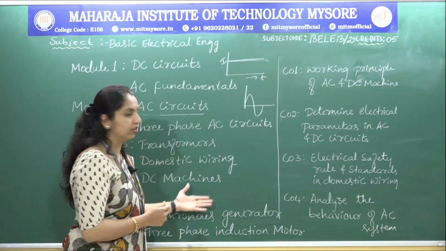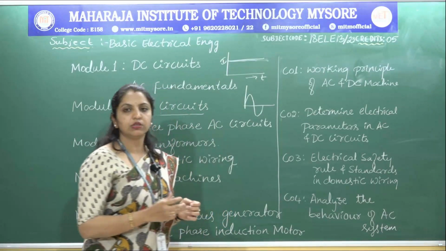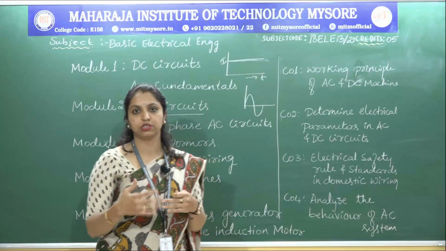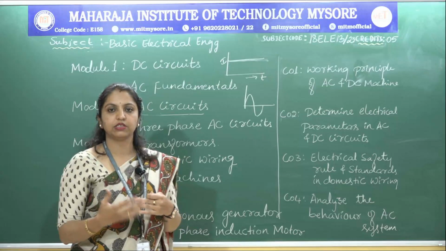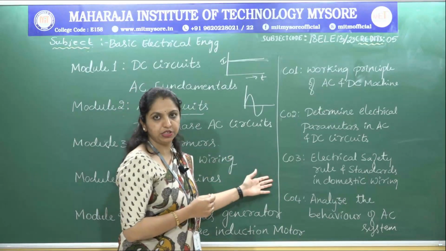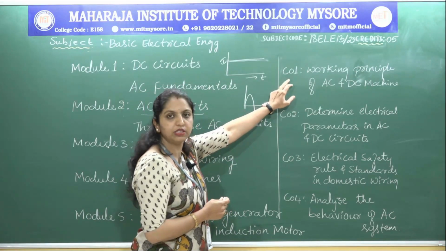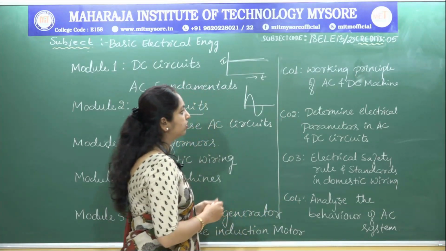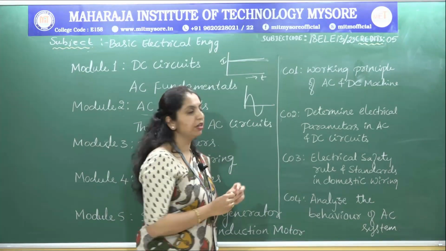With this content, we have course outcomes. Course outcome means after studying this subject, what students are going to learn, what they will be learning, that is the outcome of this subject. In short form we just represent it as CO, course outcome, and we have 4 outcomes here. The first outcome is, students will be familiar with the working principle of